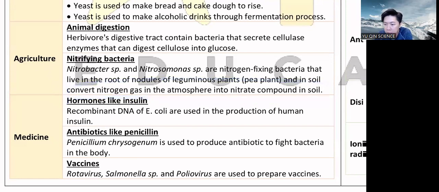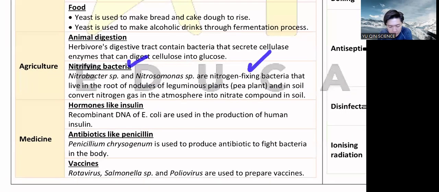Everybody. Um, will teacher minus mark if we write nitrifying bacteria? Oh, no, no, no, because they are all the same thing. These are the general name. These are the scientific name. So no problem, acceptable. At least I can say in SPM is acceptable. But if your teacher, like in your school, they do their own way, they want, they strict, then okay lor, bo bian lor, that one. Oh, but generally they're the same thing.